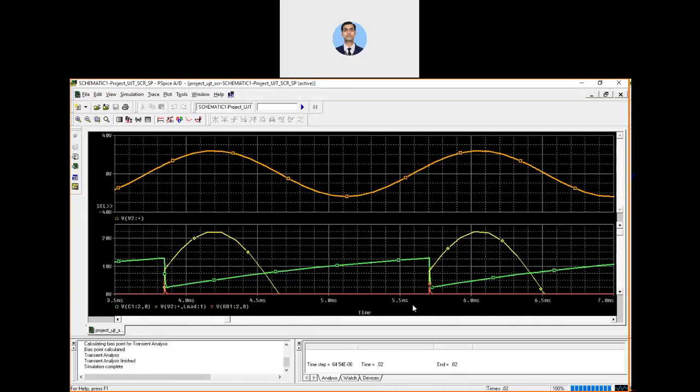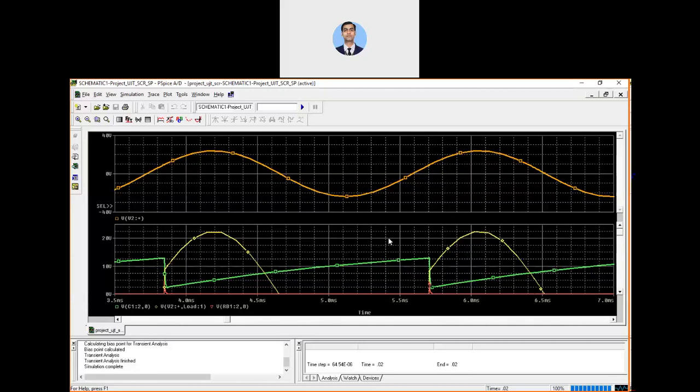We can adjust the frequency of the oscillator by changing the value of R and the capacitance also, because if you do not want to change the capacitance value, you can change the R value, because the time constant will be RC. If you change the charging resistance value, the charging period will change, so the period of the oscillation will change, and the frequency of oscillation will change, and the frequency of occurrence of these red triggering pulses will change, and accordingly you will get different firing angles, which you can adjust as per your requirement.